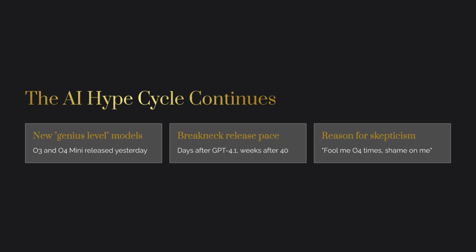One thing's for sure, OpenAI is releasing updates at a breakneck pace. Just days ago, they dropped GPT 4.1. A few weeks before that, we saw 4o for image generation and even whispers of GPT 4.5. Hopefully the genius level O4 can also help with coming up with less confusing names. Now, a quick reminder, today's spotlight is on O4 Mini, not 4o. Keep up! It's April 17, 2025, and this is your code report.